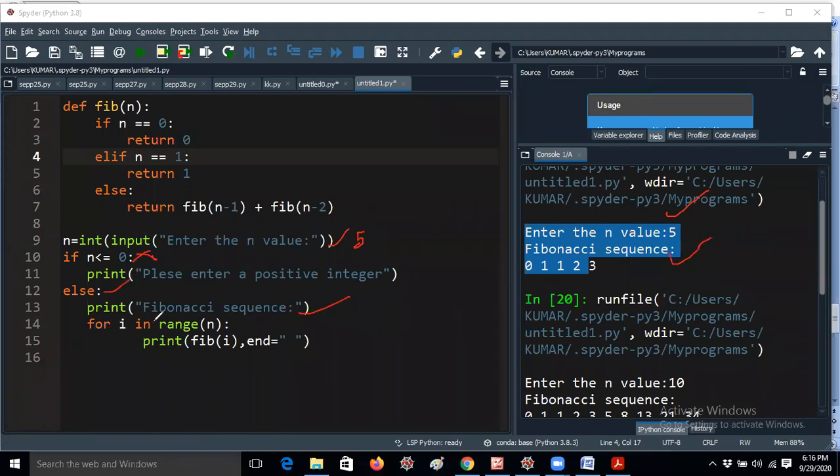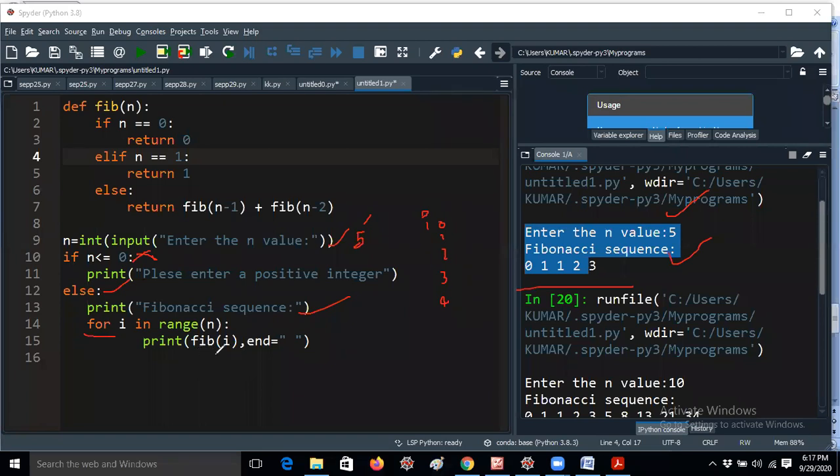Now I am giving a for loop here. I in range of n. What does I ranges from n mean? That means n value is 5. That means I ranges from 5, so I starts from 0 and iterates until 4: 1, 2, 3, 4. So totally it will iterate 5 times. That's the reason I am getting 5 values. You should understand carefully why I am giving the for loop here.